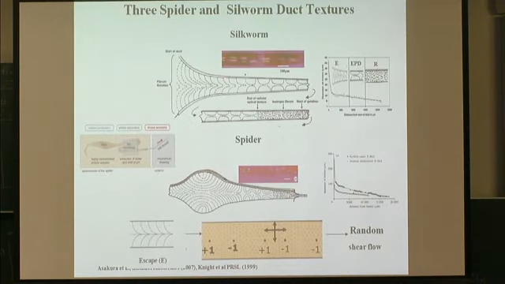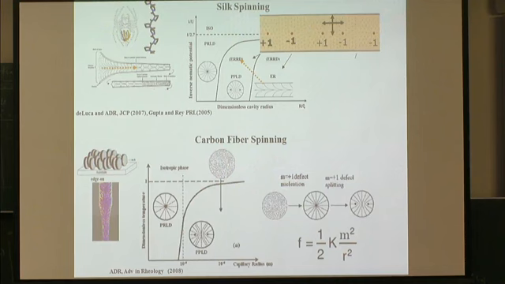And all of what you can get from liquid crystal physics, this is the duct of a spider, and this is the so-called escape texture, and this is the point defect texture of plus, minus, plus, minus. So you have escape to point defect. This is the actual size for silkworm and spiders, and in both spiders and silkworms, you get the same texture transition. You go from an escape texture, as indicated here, to a point defect texture. This is radial hyperbolic, radial hyperbolic. So you go through the same texture transition before you manufacture the super strong fiber,